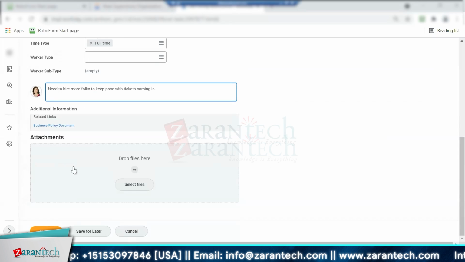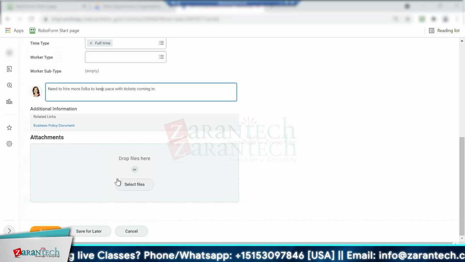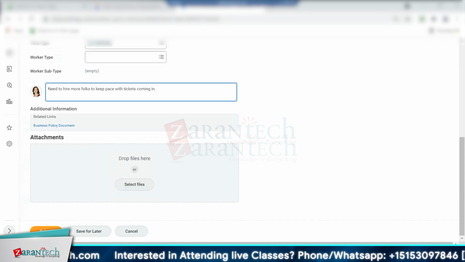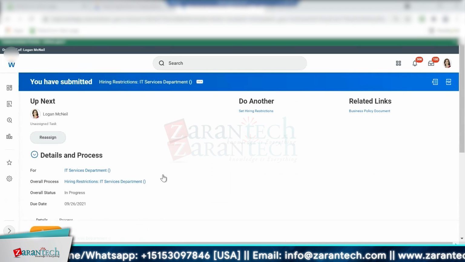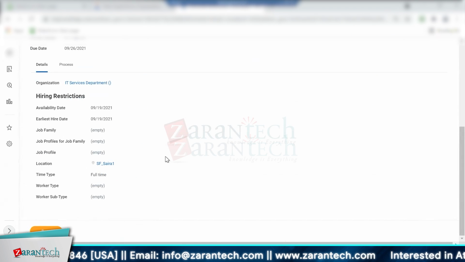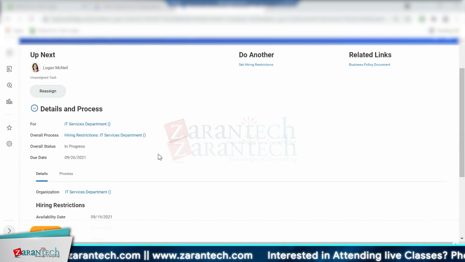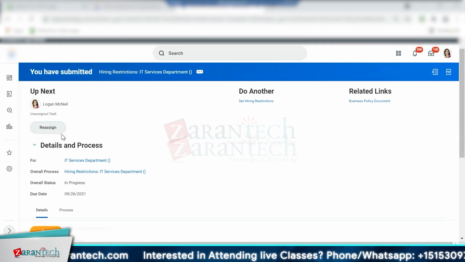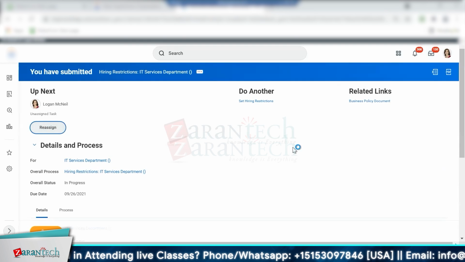Some companies will require specific information be attached to this, like it could be the requirements, or it could be the email discussion with my manager stating that I could go ahead and hire more people or change the staffing model or whatever it is. So they could go ahead and add it here. I click submit. And this is letting me know that the business process right now isn't set up for the approval. It's an unassigned task, so I could just assign it to,